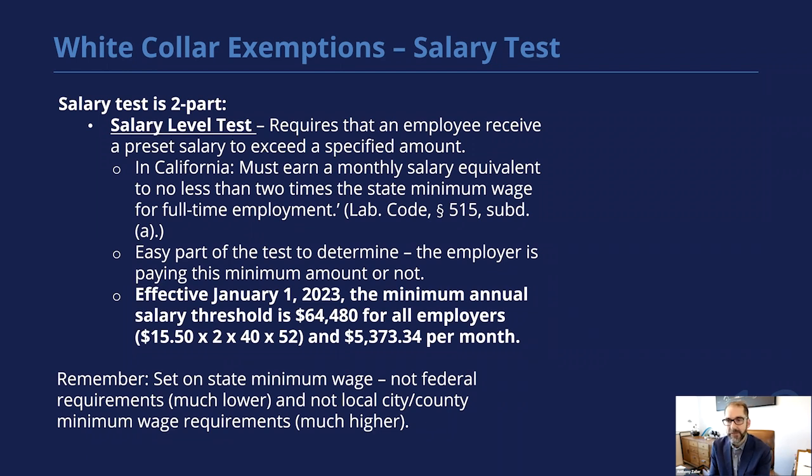And it basically requires, here in California, that the employee be earning a monthly salary equivalent of no less than 2 times the state minimum wage for a full-time employee. So again, as I mentioned, it's black or white. The employee meets this or not, and it's pretty easy to prove if the employee is getting paid enough or not. So effective January 1st, 2023, the minimum annual salary threshold is